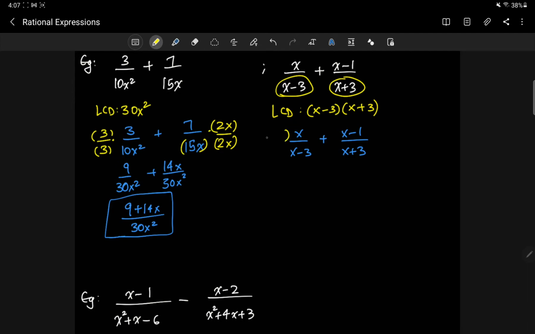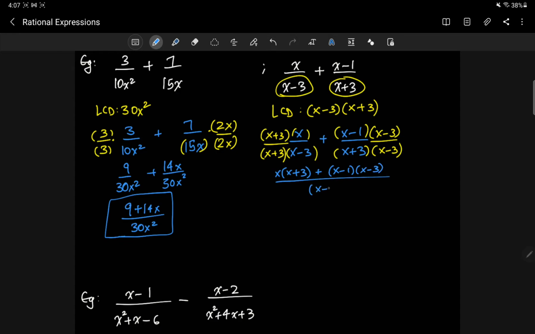I multiply the first one by what is missing. What is missing is x plus 3. So x plus 3 over x plus 3. And what is missing on this one, which is x minus 3 and x minus 3. And then when I rewrite, it's exactly what I want it to be. So it's x times x plus 3 plus x minus 1 times x minus 3 over x plus 3, x minus 3, which is